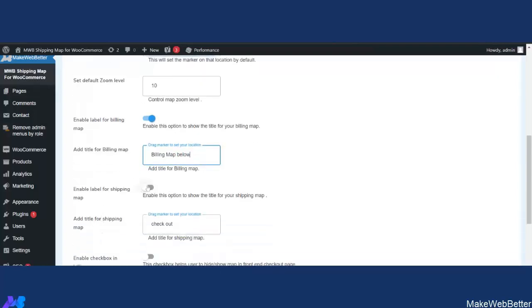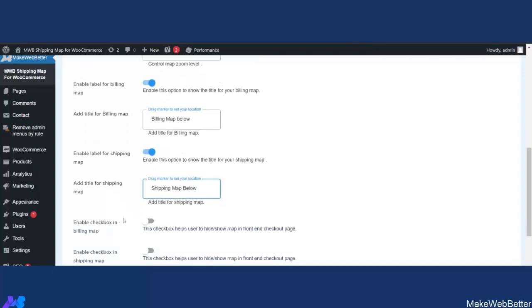If you want to display the label, the admin can enable the functionality from here, and he can easily customize or enter the title he wants as per his requirements. Like I have written shipping map below. This is how the admin or the WooCommerce merchant can easily enable the label for the billing and the shipping map and decide the title for both.